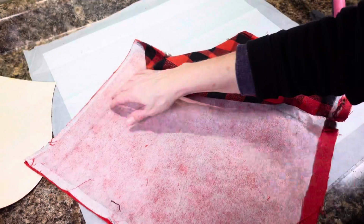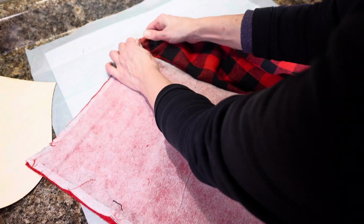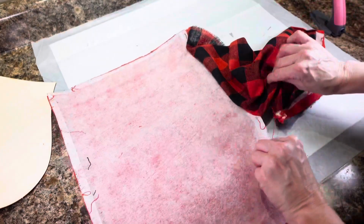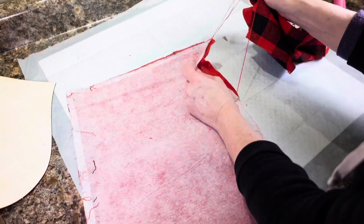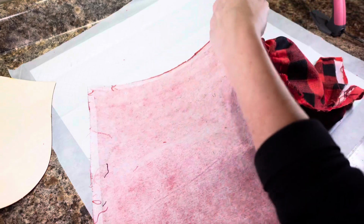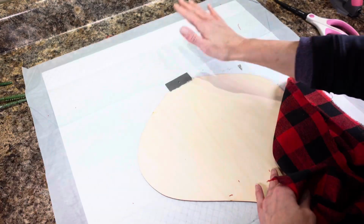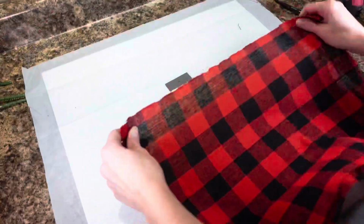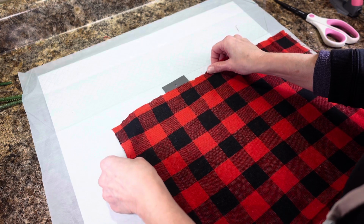I cut the two ends, and then I just took the stitching out of the other ends, and this should just come right off of here. And cut some strings so I don't wreck it. Okay, I have my placemat all apart, and the next thing that I'm going to do is Mod Podge this onto